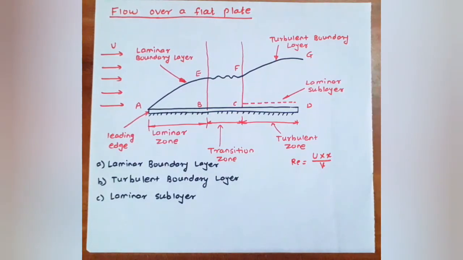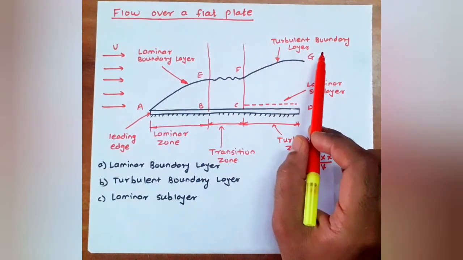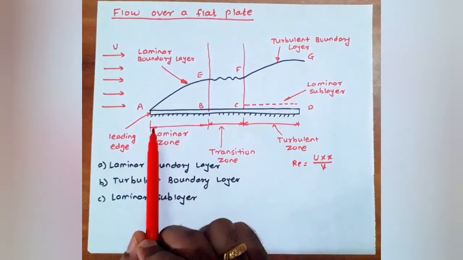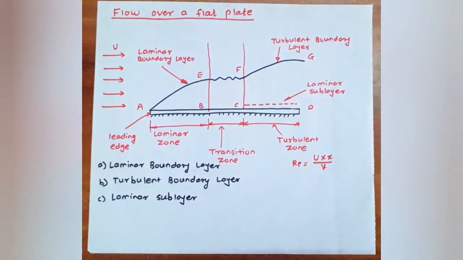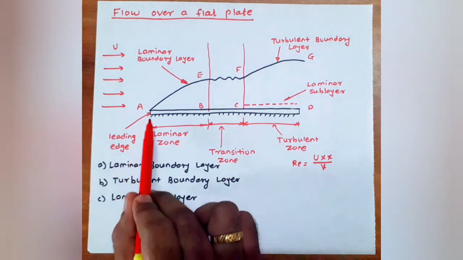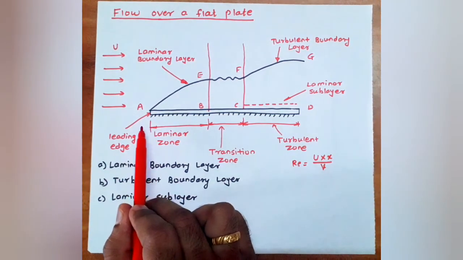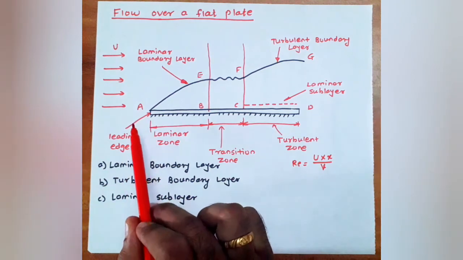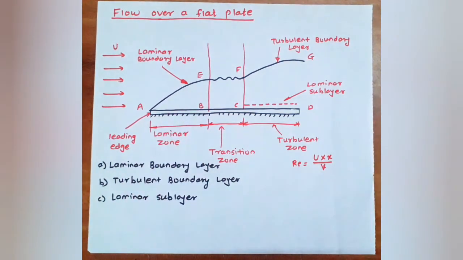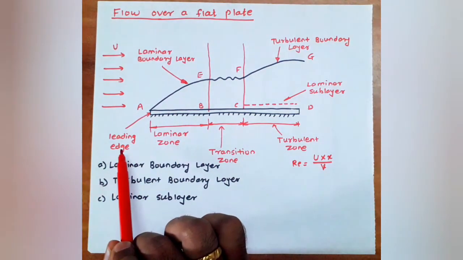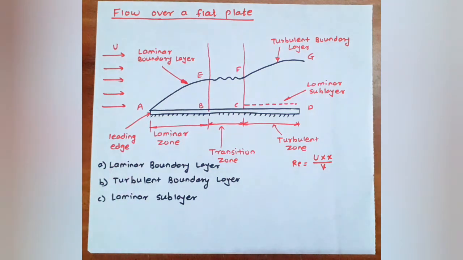is known as the trailing edge. The next region is the turbulent boundary layer. If the length of the plate is more than X distance, X being the distance from the leading edge, then the thickness of the boundary layer will go on increasing from the leading edge up to the downstream direction. Then the laminar boundary layer becomes unstable.